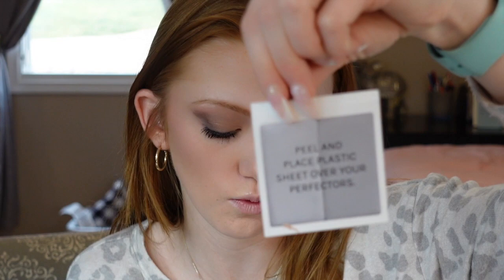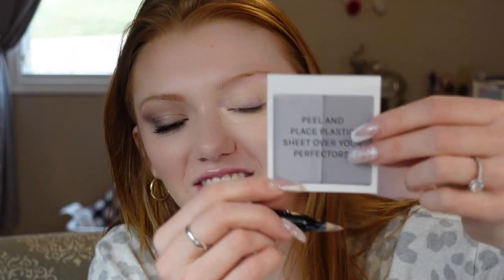And it covers so well. And the protector sleeve, I don't know if I mentioned, it comes with as well. So this is what it'll come on. Seal and place plastic sheet over your protectors. And I didn't know what, not your protectors, your Perfectors. So this has like a little clear thing that comes over top of it, and you can peel it right off and stick it right on your...